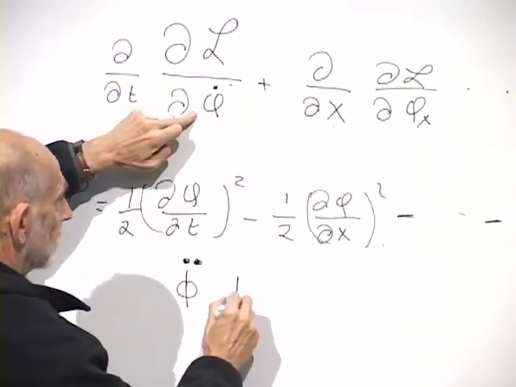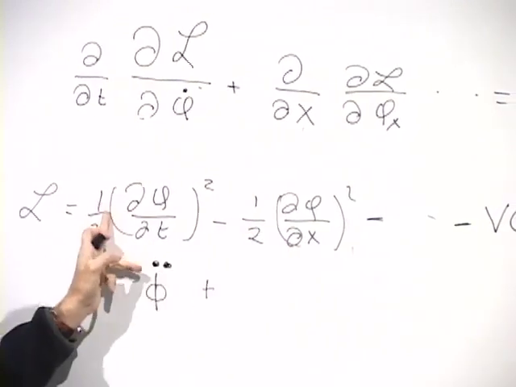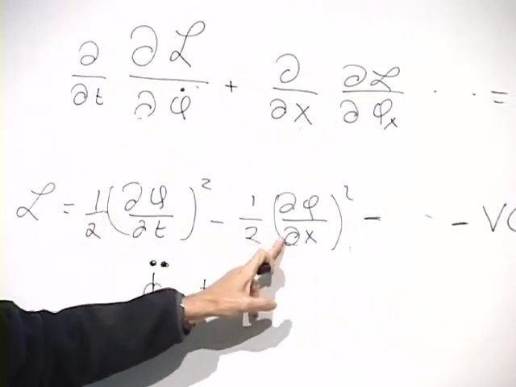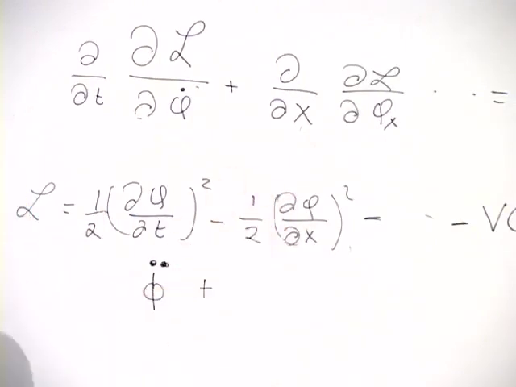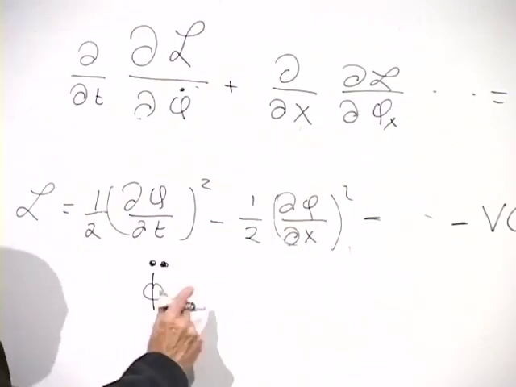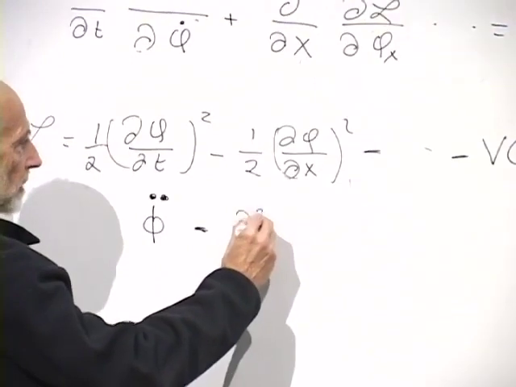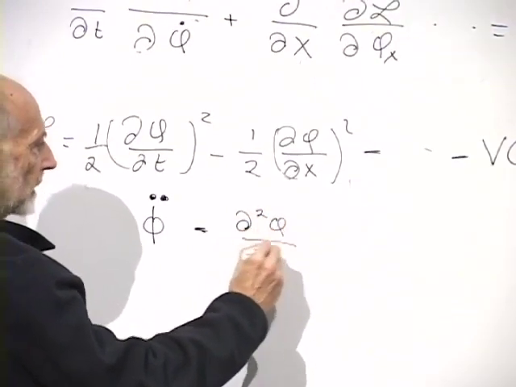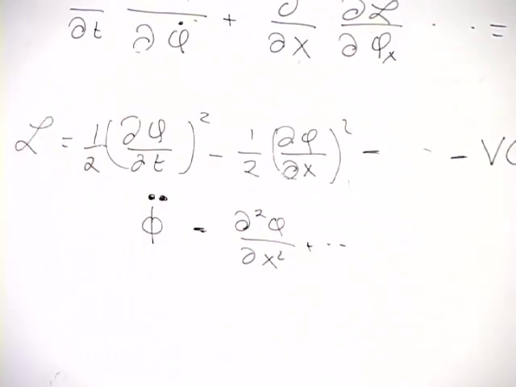Plus. Now, the space derivative terms come in with the opposite sign from the time derivatives. I'll explain why in a moment, but just accept it. So you get exactly the same kind of thing, but with the opposite sign, with second space derivatives. Second derivative of phi with respect to x squared. Same thing with y and z.